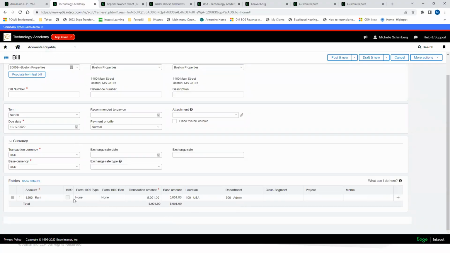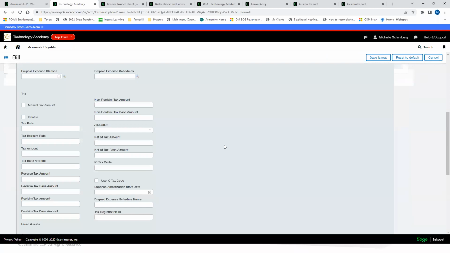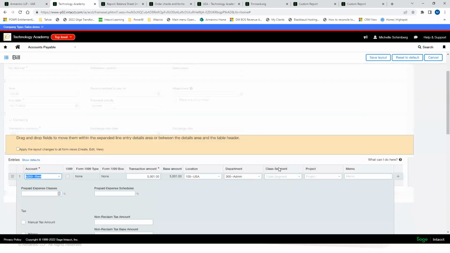So let's say in this environment, I never use class. And this again is a permission-based change. So you have to have permissions to do this, and it is a global change. So if I change this, it will be global for everybody. So if I edit the entries layout, I can choose to pull the class segment down